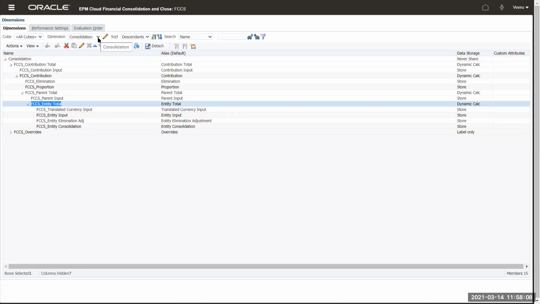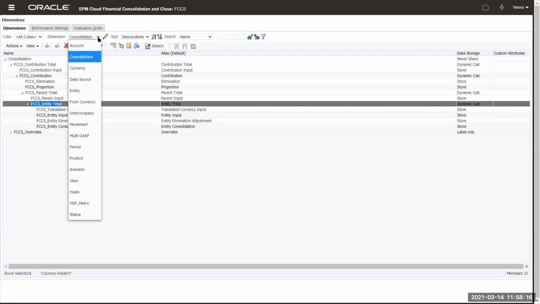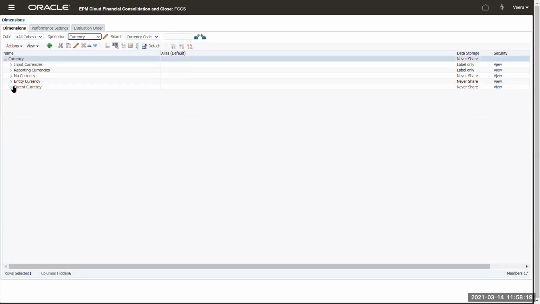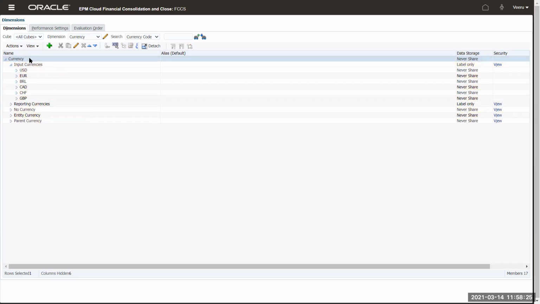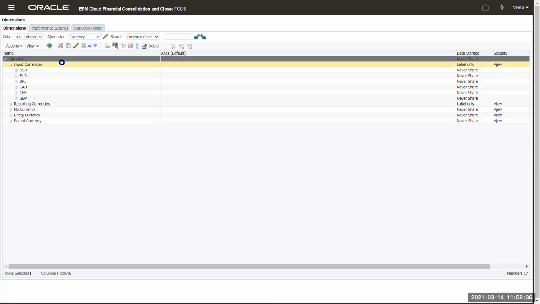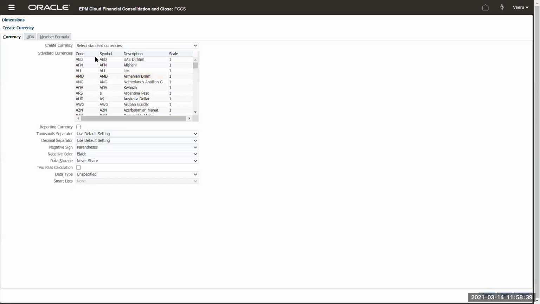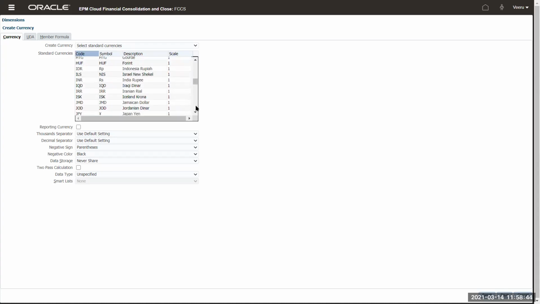So this is a standard one. I don't usually touch it, and I don't recommend touching this. Let it be like this. Based on what features you have enabled, members will be created in this. Now coming to currency. When you say currency, there are the input currencies and reporting currencies. If you want to add new currencies, click on the add button, not edit, add currency. Then add currency. The currencies are actually available here. Usually all the currencies are available. You don't need to worry about it.